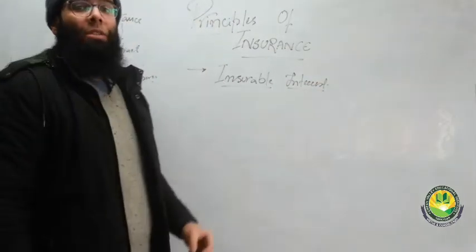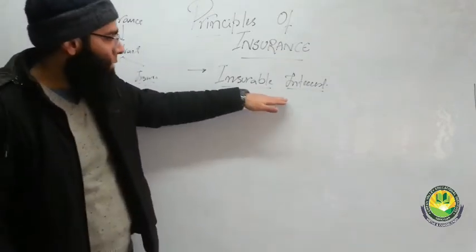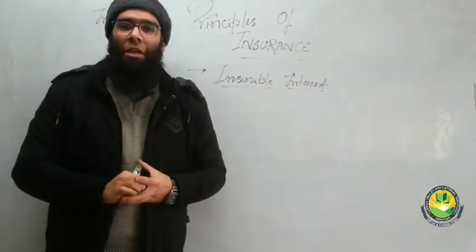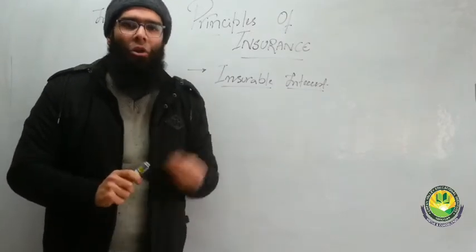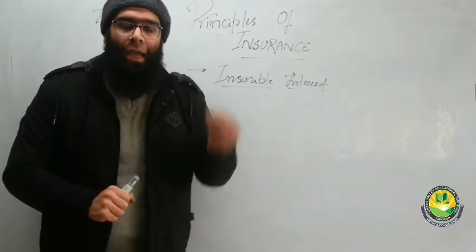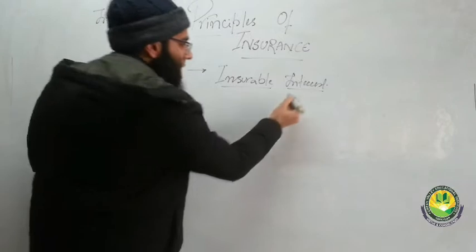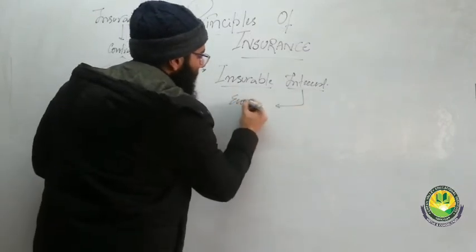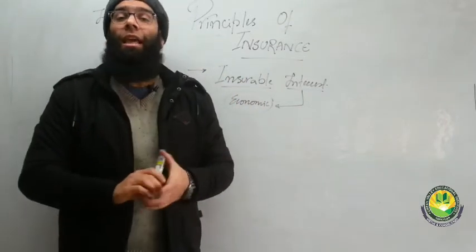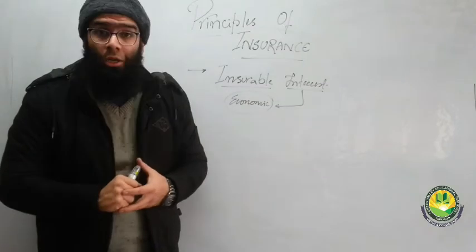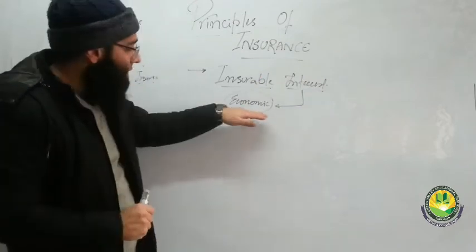This principle is very important as far as insurance is considered. When we say principle of insurable interest, it simply means that the policy is taken up by the insured of a very particular object or item in which he has some interest. And which interest are we talking of? We say economic interest. Anyone who is taking up an insurance policy of any object is taking it up because he has some economic interest.